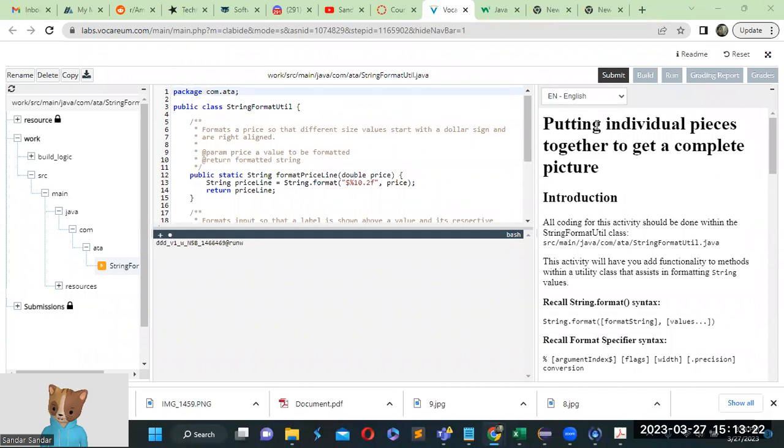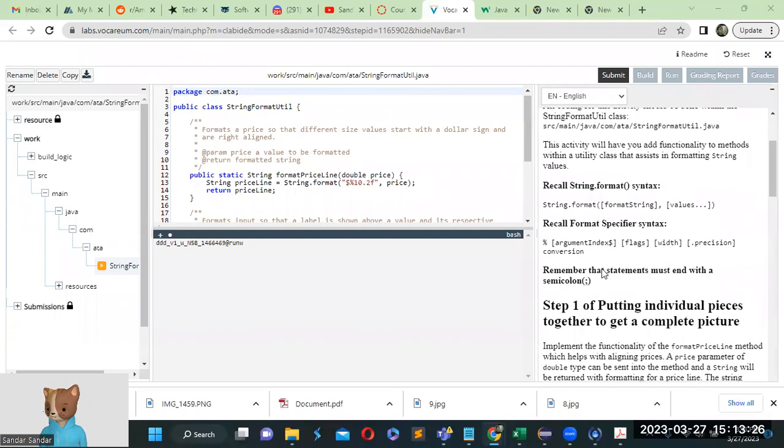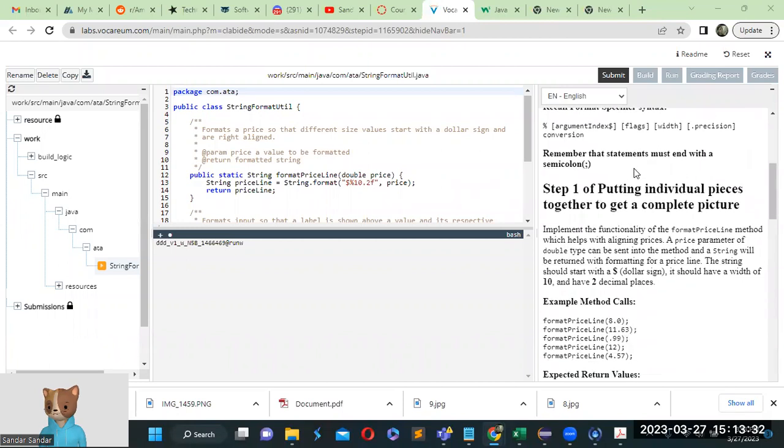Project: putting individual pieces together to get a complete picture. So basically, we have to format in this lesson. So step 1,